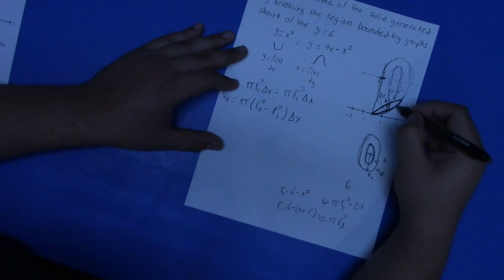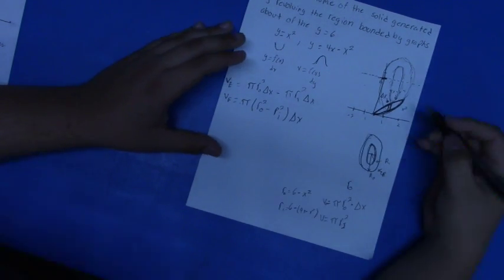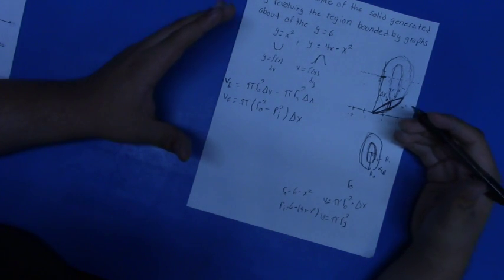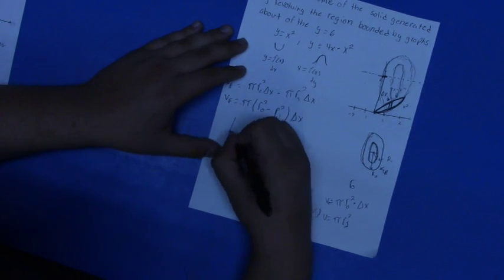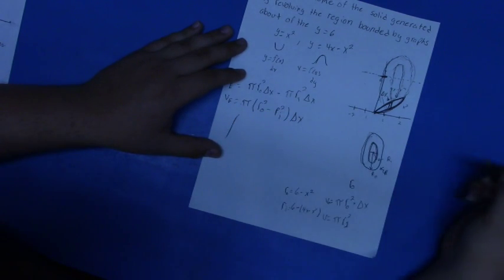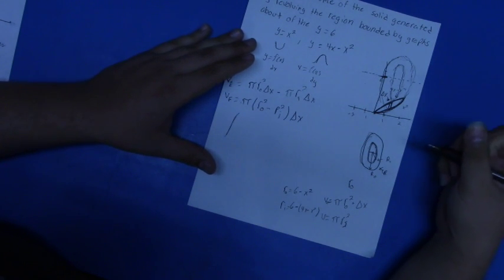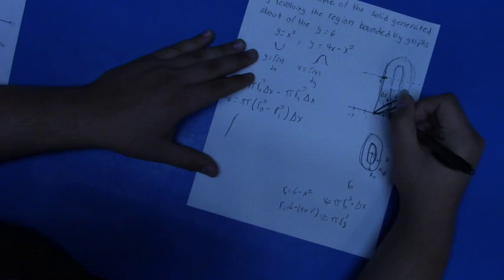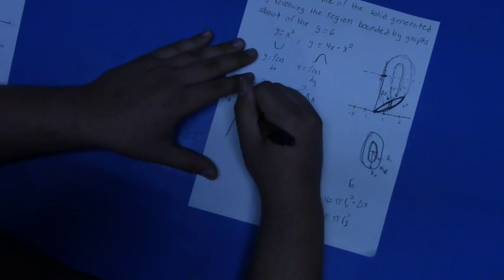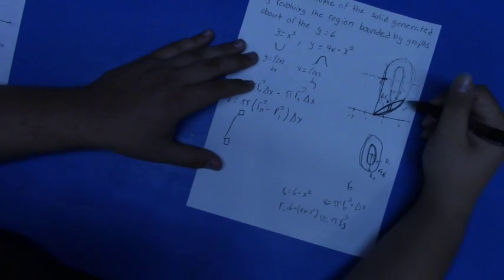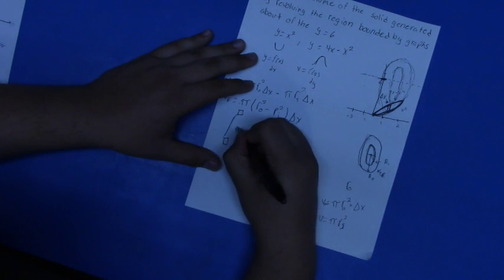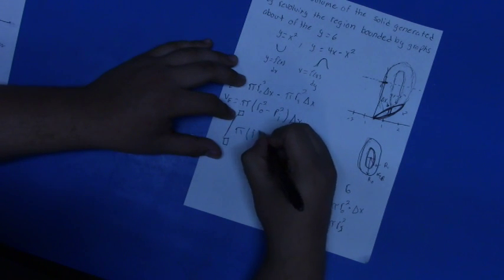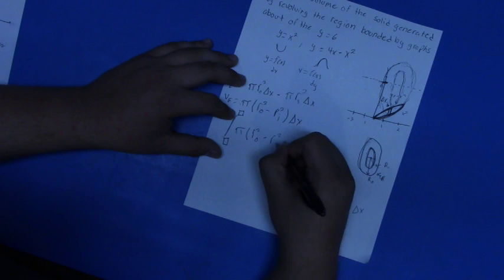We're going to be taking an infinite amount of these between two different points, the intersections of the functions. So now that we figured out the volume of one little washer, we need to find the volume of an infinite amount of washers and sum them up using an integration. In this integration, we need bounds, and these bounds are shown by the intersections of these two functions. So there are going to be bounds here and here, of the area inside of these. So the integration is going to be from something to something of pi times r squared of the outer minus r squared of the inner,